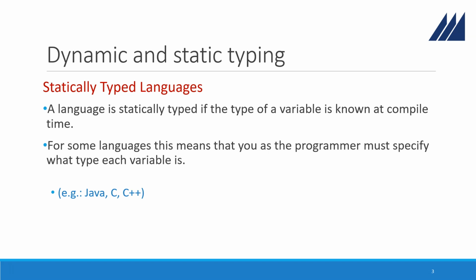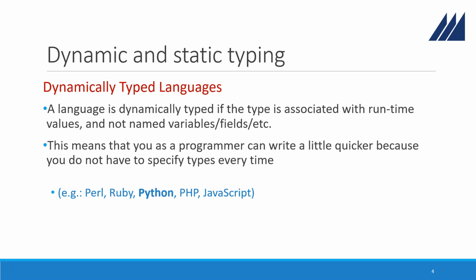That means it's going to have to stay with integers. You cannot change it. So in this way, the programmer needs to specify exactly what type each variable is. The other type is the dynamic type languages, of which Python is one, and also Perl, Ruby,